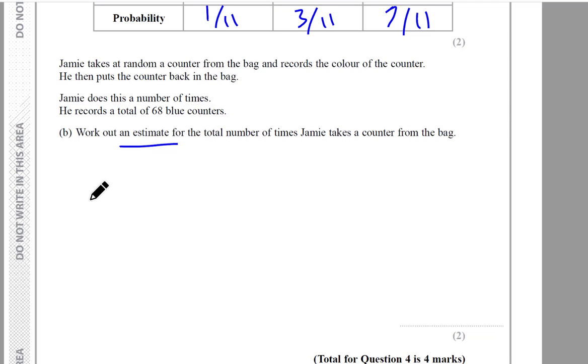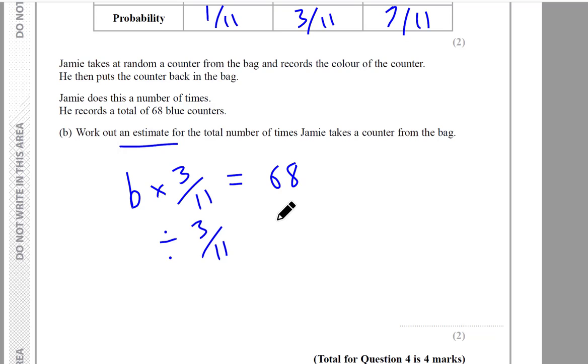Because it's an estimate, so it's experimental probability. So let's say he's got an X amount of blue counters, but we'll just call it B for blue. So we know he's picked up B times 3 out of 11. That's the probability. And he's got blue 68 times. So to work backwards and to find B, we just divide by 3 over 11. So B equals 68 divided by 3 over 11,